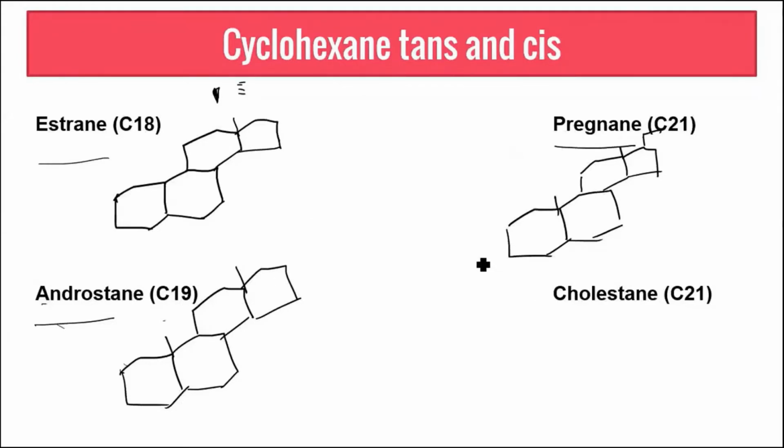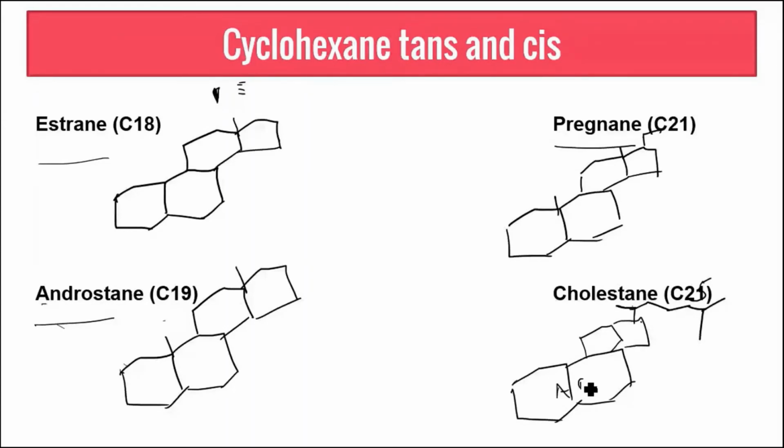If I call it pregnanol, then somewhere in the ring there is OH, and I will need to specify where that OH is. So pregnane is C21, I think I've missed out, this should be C21, not 25. This is C27. Cholestane is your nucleus, which I had drawn earlier. So for cholestane, you have this entire structure as it is, and then on this carbon you have this kind of arrangement. These are the additional groups which you need to know for cholesterol. But for cholestane as a nucleus, this is your D, 20, 21, 22, 23, 24 and 25. So this is the numbering.